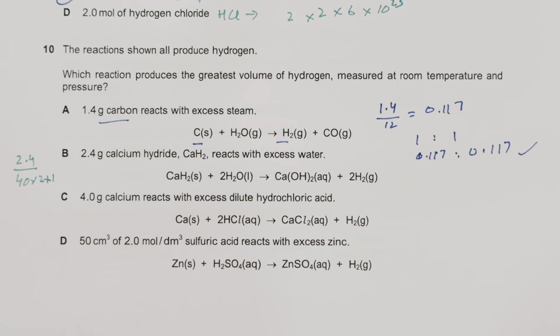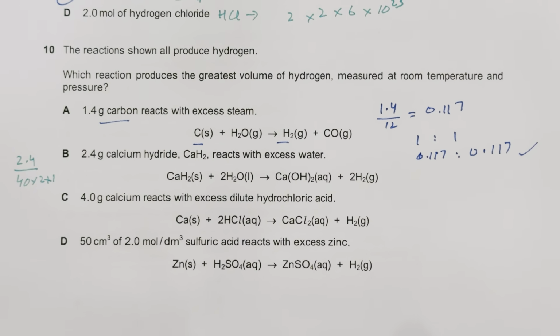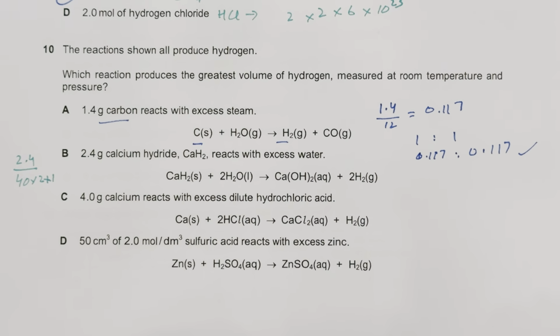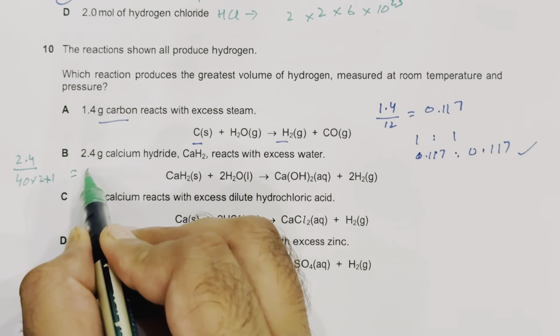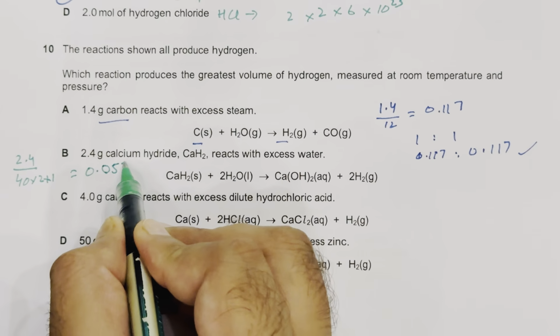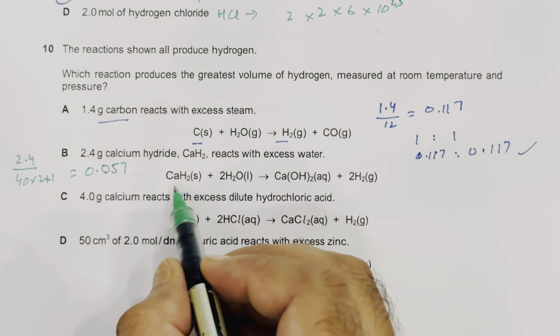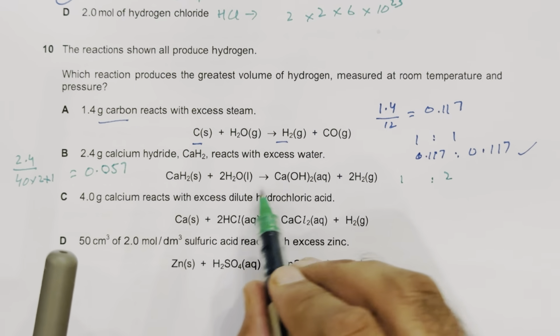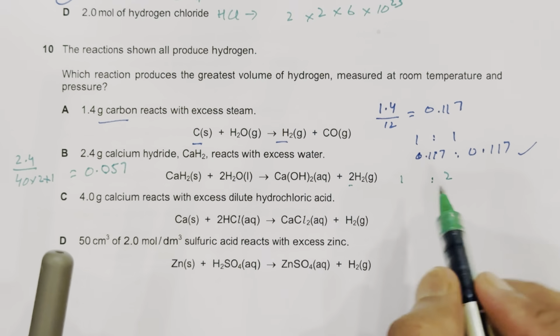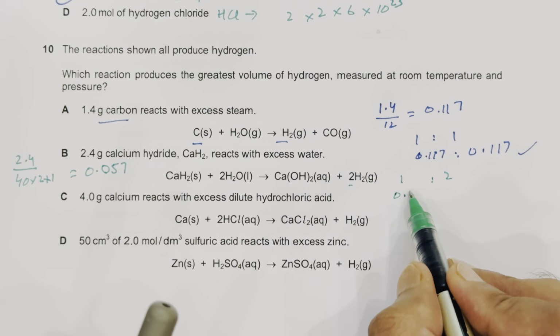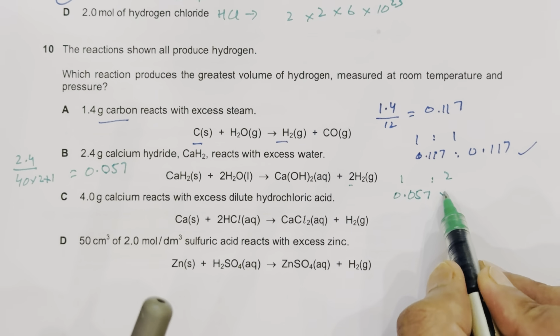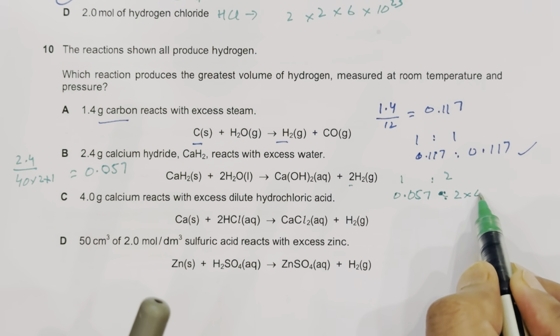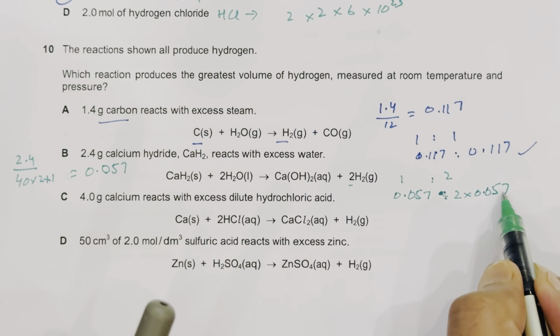So 2.4 divided by 42, we get the answer that is equal to 0.057, so it has 0.057 moles. And from the balanced equation we can see that it produces 1:2. This has 1, this has 2, and if this has 0.057, so we need to multiply 2 by 0.057, so it will produce 0.114